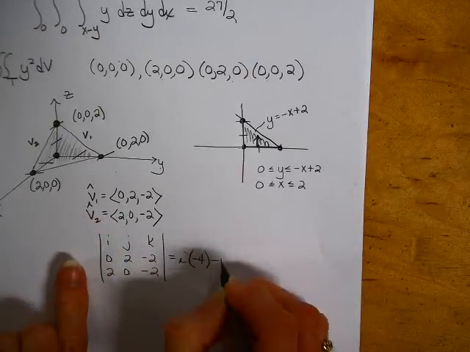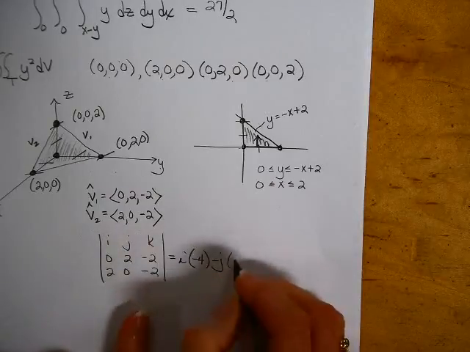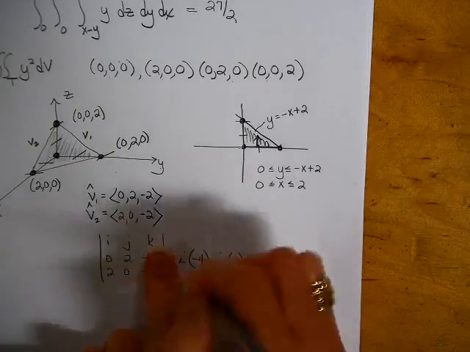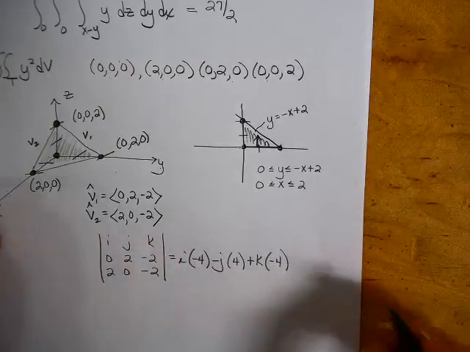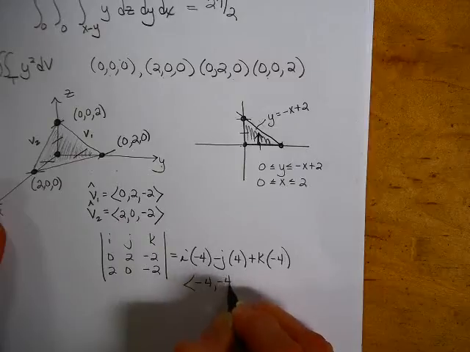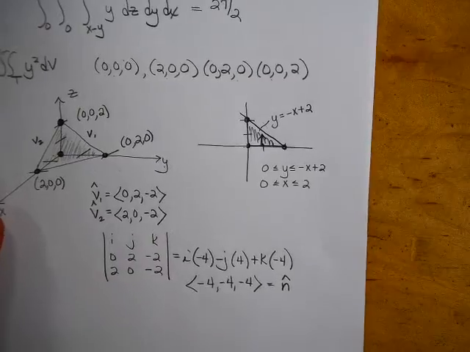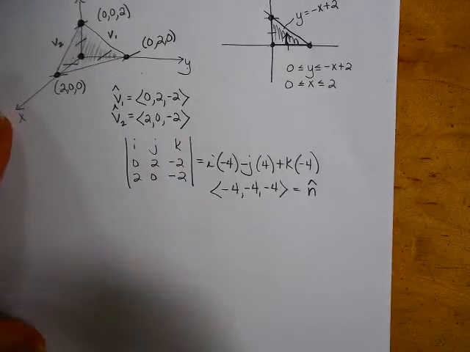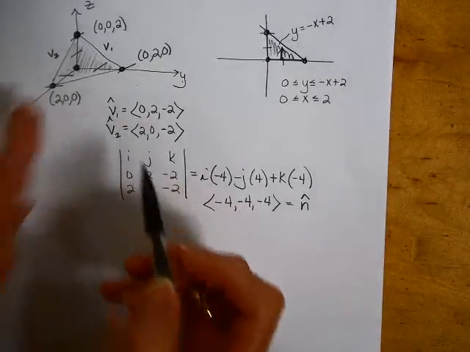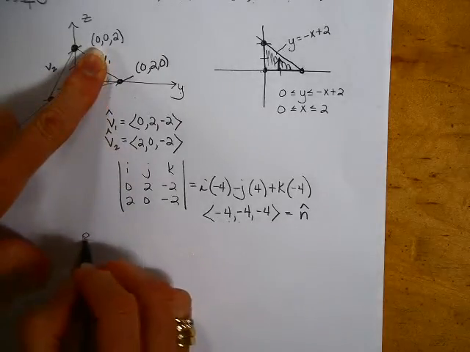To get a vector that is orthogonal to that one. Negative 4 minus j, 0 minus a negative 4 is plus 4. K minus 4. So that is going to give me the vector negative 4, negative 4, negative 4. And this is my normal vector. I'm doing all this to get the equation of the plane. So now that I've got my normal vector, this was the point that was in common to both of them. So the equation of the plane